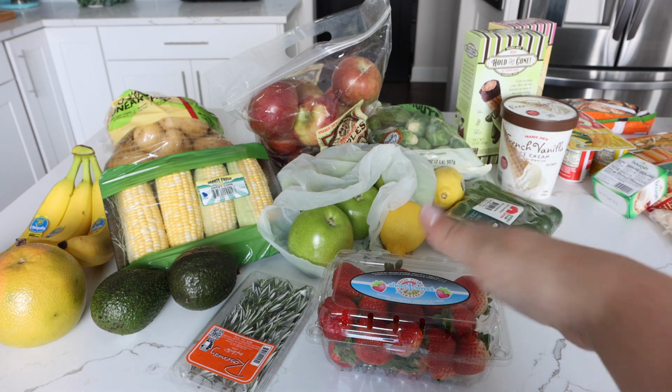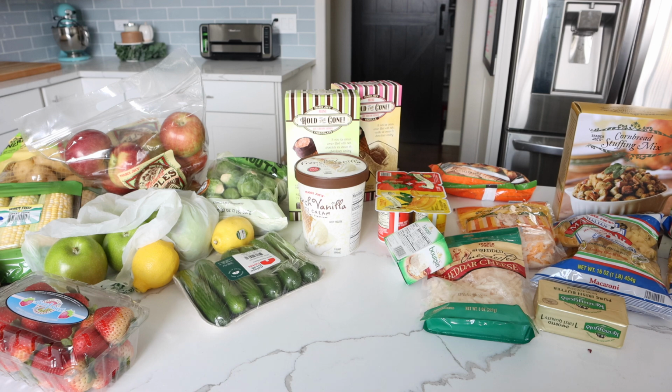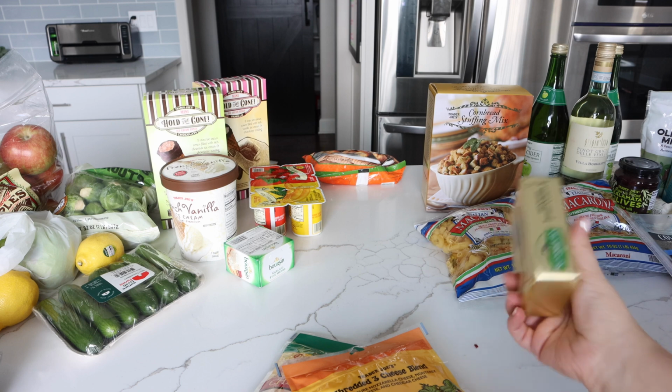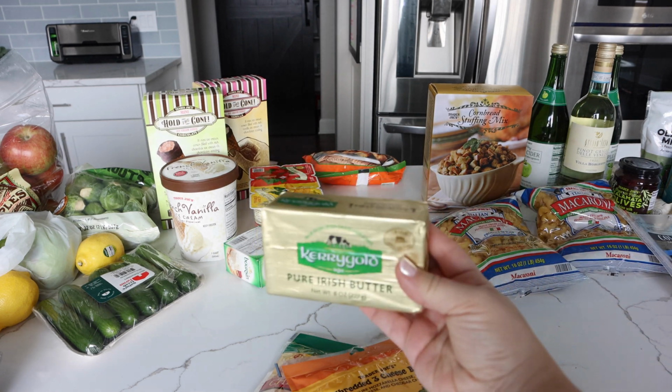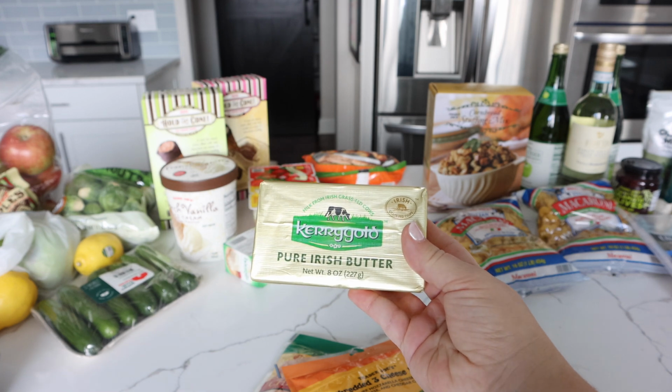And 2 lemons. I'm gonna make 2 pies, that's why I got so many apples. I got some vanilla ice cream, and I couldn't not get some of these whole cones. These are so delicious, they're so small. I'm gonna have family staying for a few days, so it was perfect. Picked up the kids' yogurt. I picked up, of course, a thing of butter. I have a lot of other butter, but this one I think will be great for the table